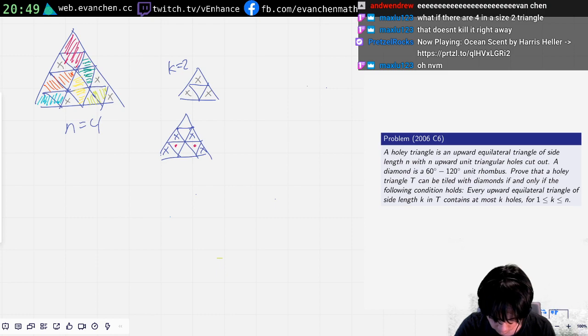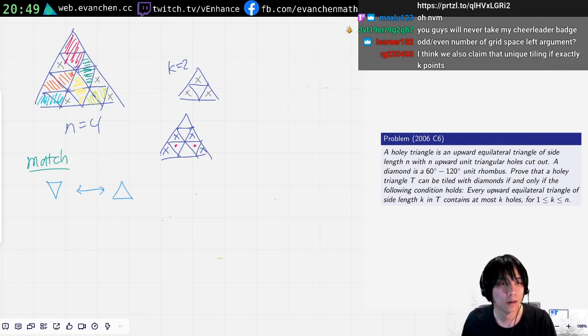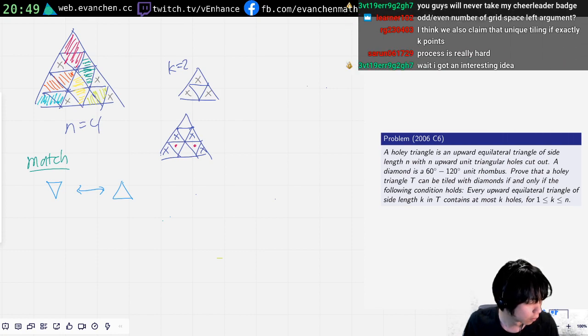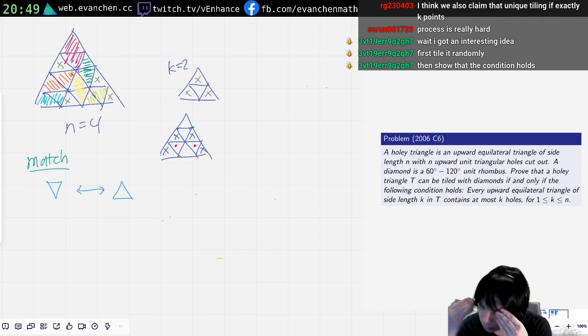It does feel like a Hall type thing because, okay, like what are we trying to match? We're trying to match the down arrows to the up arrows. First tile I randomly. Then show that the condition holds. Yeah, I mean that's kind of what I'm trying to do. Like I'm surprised this is the condition. It's sort of saying that